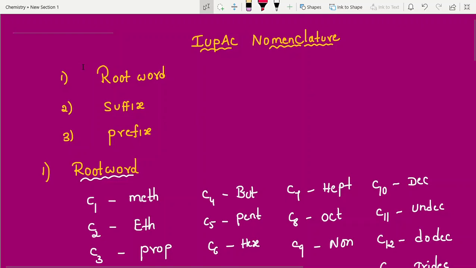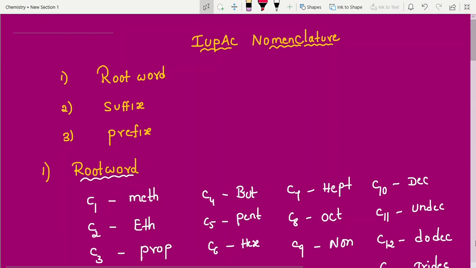In today's video, I am going to discuss IUPAC nomenclature. First one, root word, second one, suffix, and third one, prefix. Root word: we select the longest chain, and for that if one carbon is there,